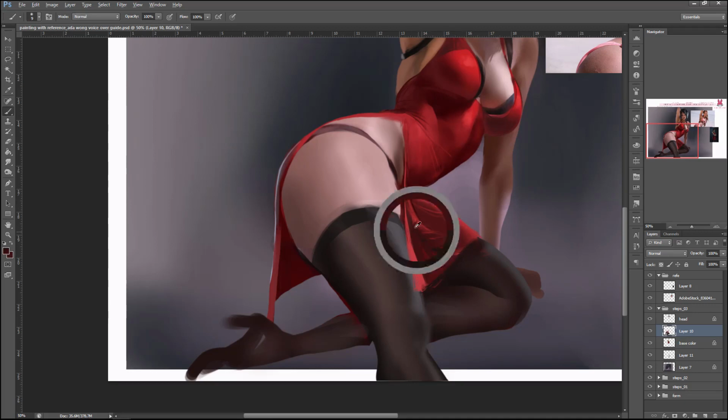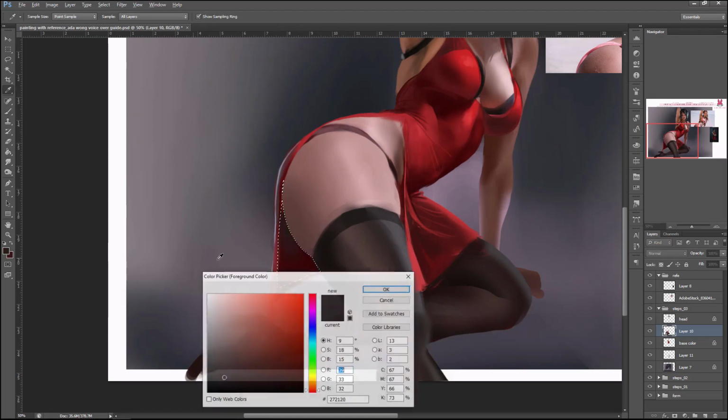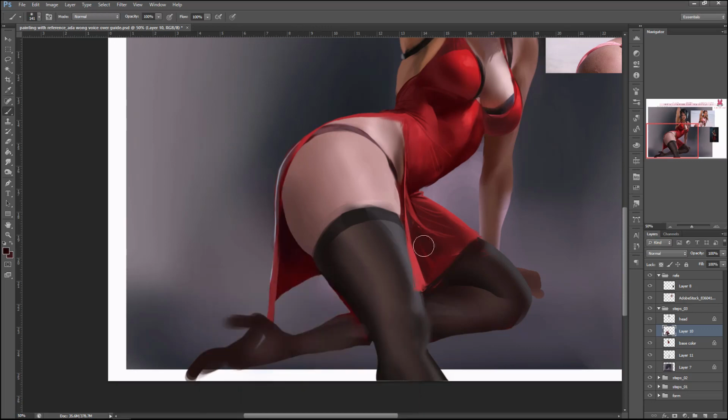And just try to pretty much blend this in. And I'm gonna go here, clean this area up. I'm just going to put shadow underneath that area. Going to go for a warm shadow, and then